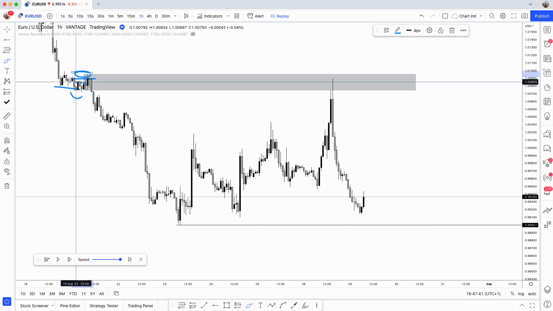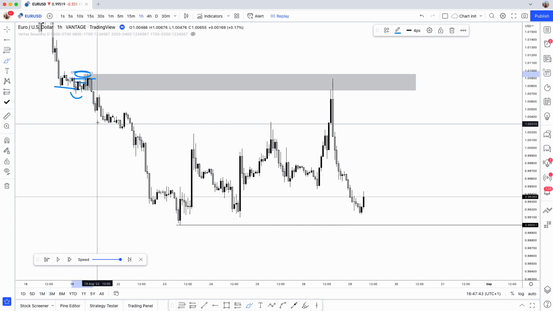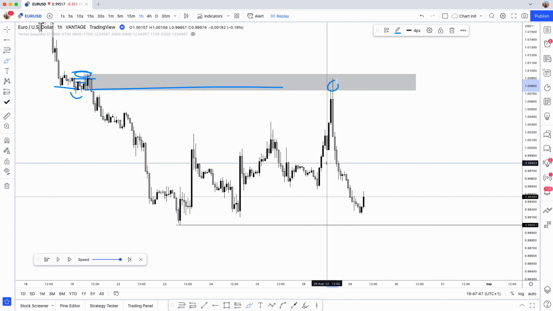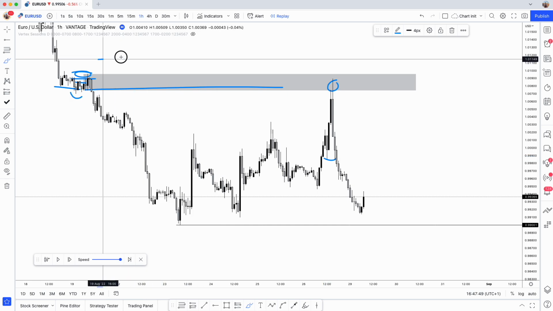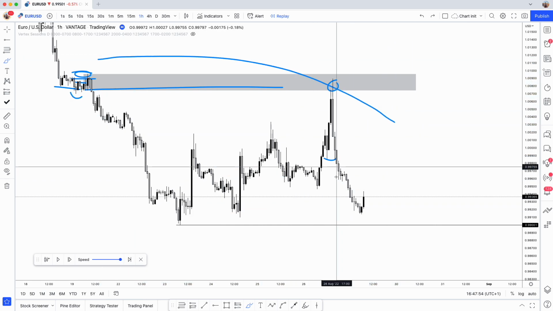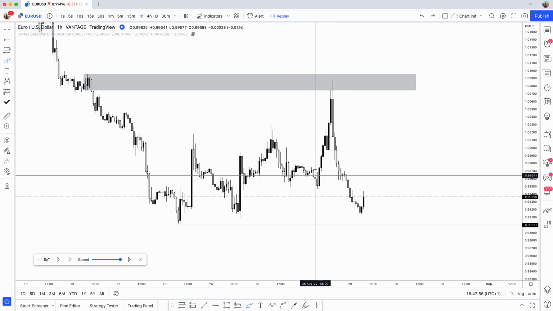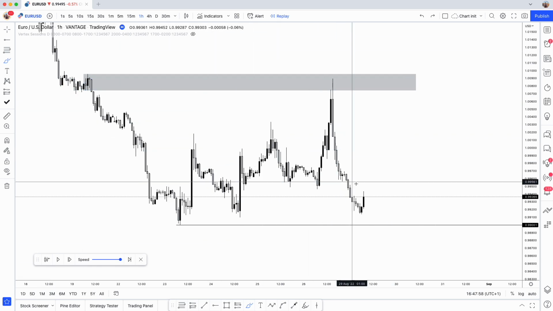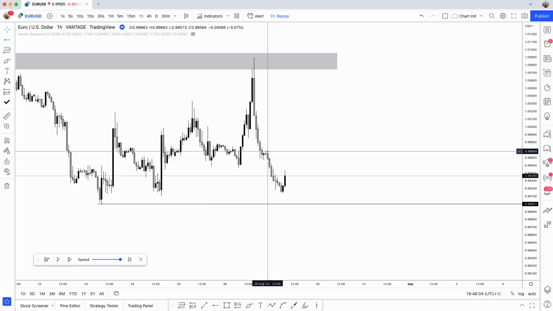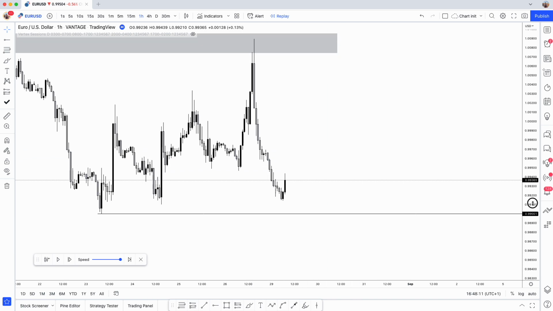Obviously this is taking a liquidity grab before breaking down. This has caused a reaction which has now gone on to break this structure. So now we have bearish order flow going forward. In terms of our direction, it has always been bearish, and this is all giving us that bearish scenario. So we are focusing on going short. As I said, our higher time frame analysis should be done. You can do that on Sunday or Monday. It's completely up to you how you wish to do that.